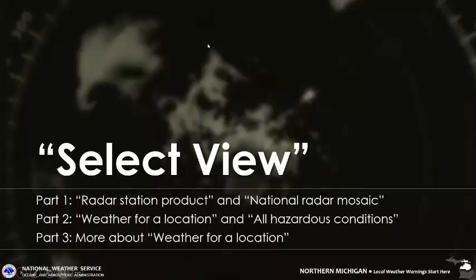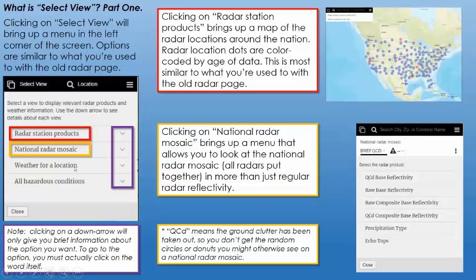So what we're going to look at first is the select view menu. When you click on Select View, it's going to bring up a menu in the upper left corner of the screen, so basically right underneath your menu up here. And that's going to be the same case for basically all of the stuff that we're going to go through. So once you click on this Select View here, it's going to bring up this menu. And the first two we're going to talk about are radar station products and National Radar Mosaic. So for the radar station products highlighted in red here, when you click on that, it brings up a map of radar locations around the nation, and this is sort of the way that we went over in part one,